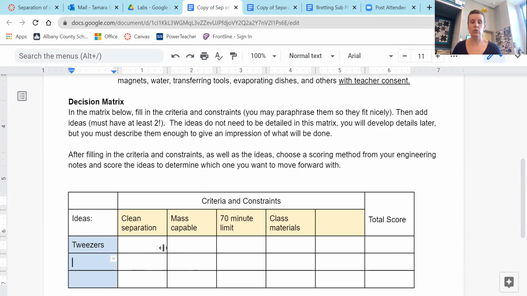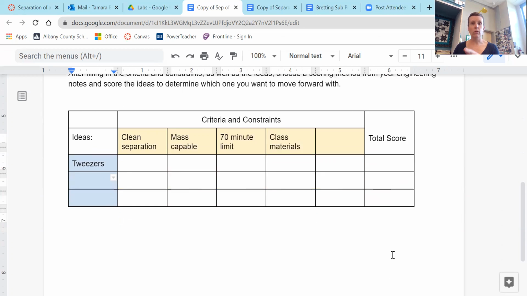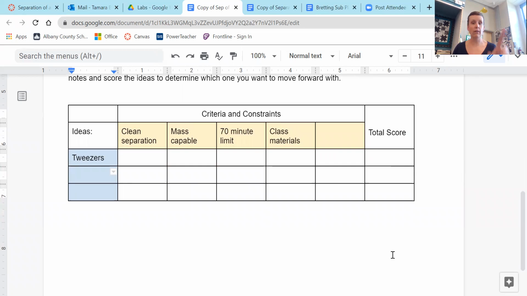Then you need to score out both of your ideas, come up with a total score. Okay, if you have 3 ideas, score out all 3 and then come up with a total score. When you finish that, you've got a total score, you've got a winner. You need to have a winner. If you don't have a winner, try a different scoring method and see if you can get a winner. You're going to take that winning idea and you're going to go to the next assignment in Canvas and you